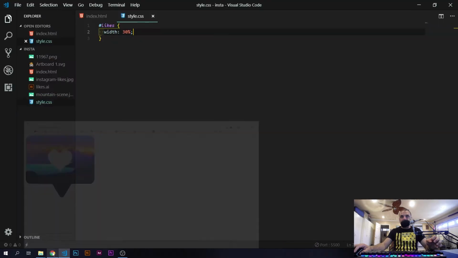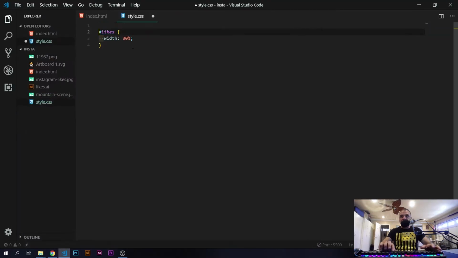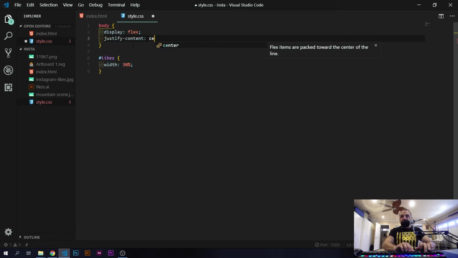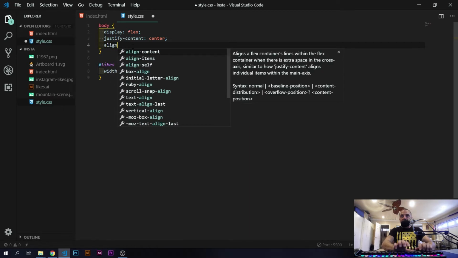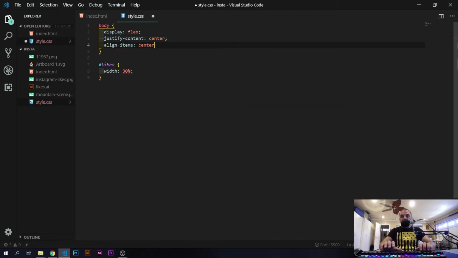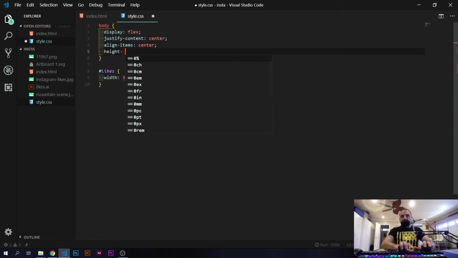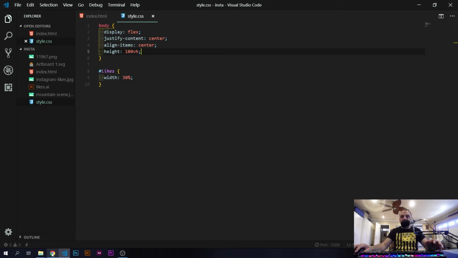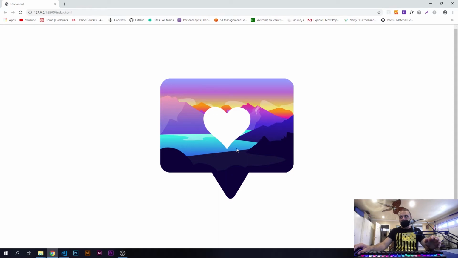And then we want to center it. So we'll do that with body. We'll do body, display flex, justify content center and align items center, and height is going to be 100 viewport height. Save. We are centered. Now we need to start targeting these items to hide them because we only want the